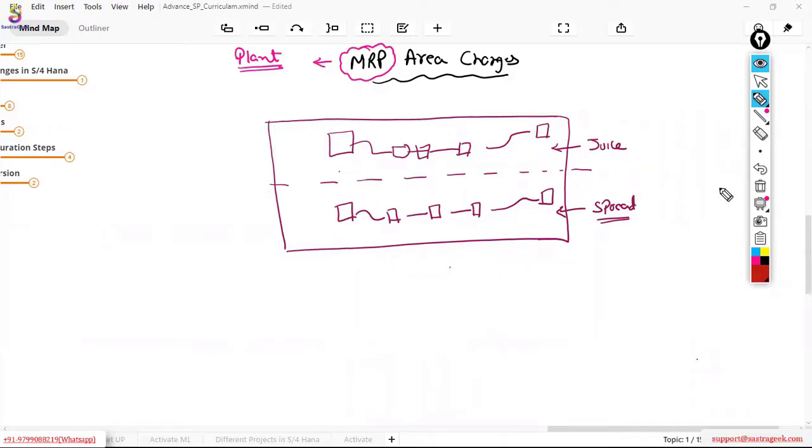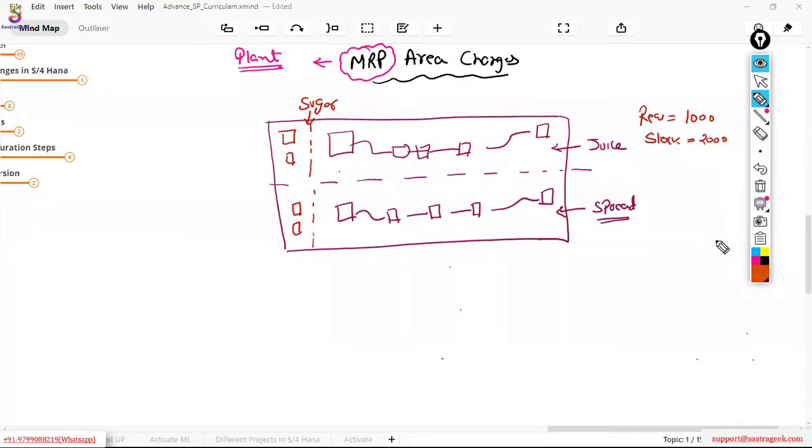Let's take the example of sugar. Sugar is stored here in this storage area, and sugar is also stored here in the other storage area. Let's say in this example, for this line you have a requirement of 1000, and your stock of sugar is 2000.